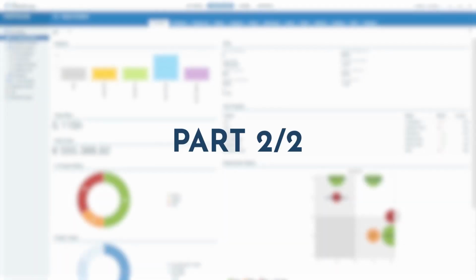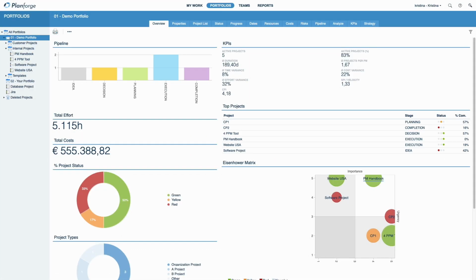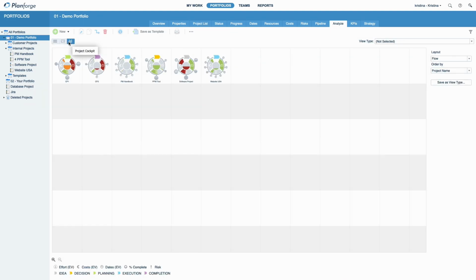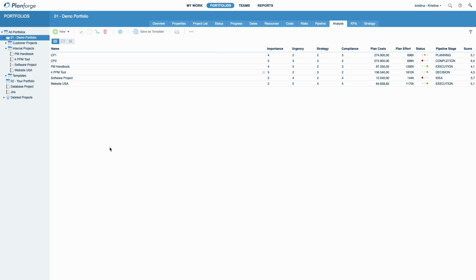This is the second part of our portfolio analysis tutorial. In the first part, we mainly focused on how easily you can analyze your portfolio using Planforge. This time, we want to show you how you can rate your projects and customize both criteria and scoring models to your organization's needs. Let's start by reviewing the rating and scores of a portfolio by selecting the Tabular Analyze